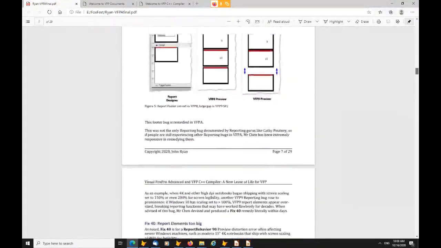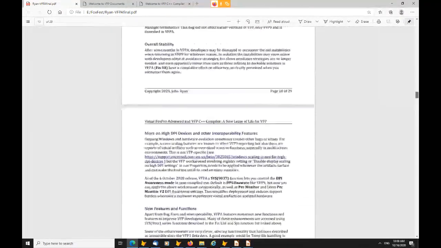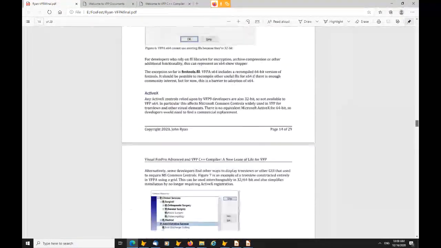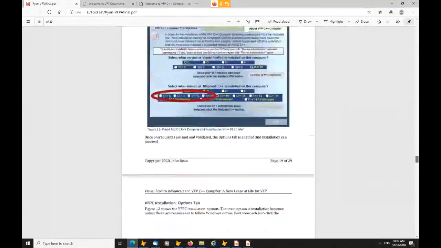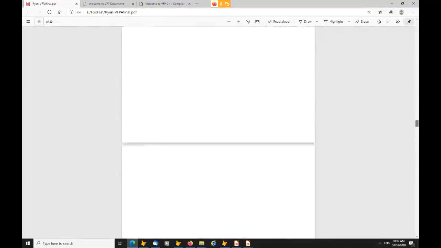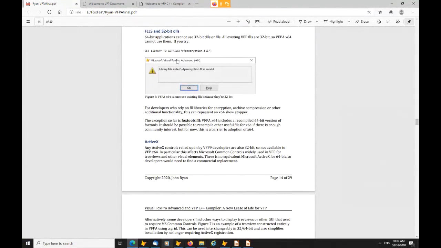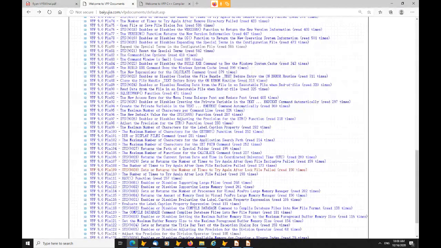Goodness me, I don't even know my own white paper. Okay, if I can't find this quickly, I'll go into VFP and show it to you, but I'd rather just use this because it's so much easier. Okay, I can't do it. So what I'll do is if I come back into here,